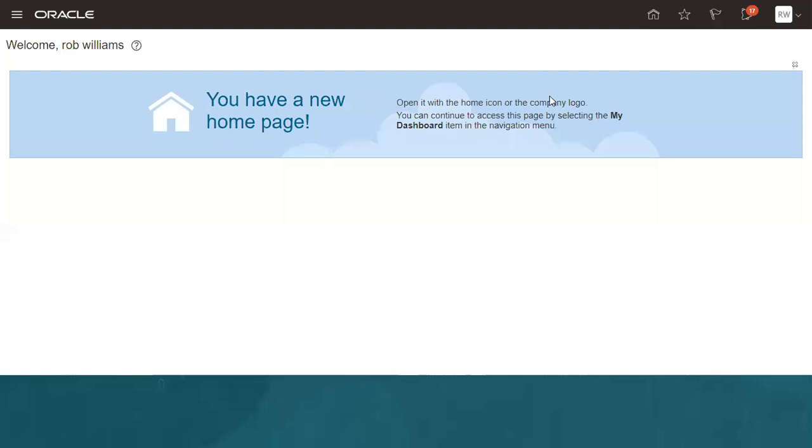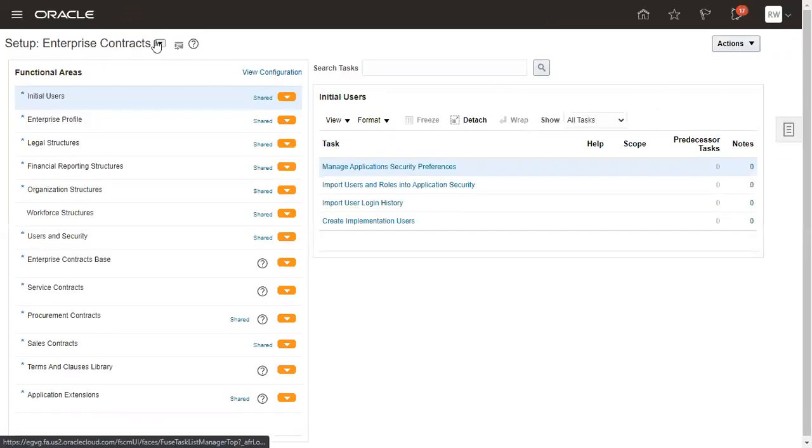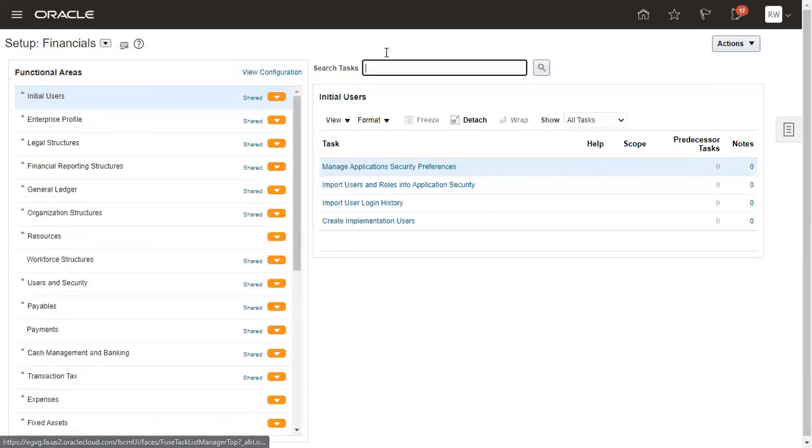Okay, so let me just walk through it. In my initial classes, I had done a setup for Tata Ledger. Let me walk you through some of the setups I have done, and then maybe we will see one receivables or payables transaction, and I can show you the customers and suppliers that we have created.